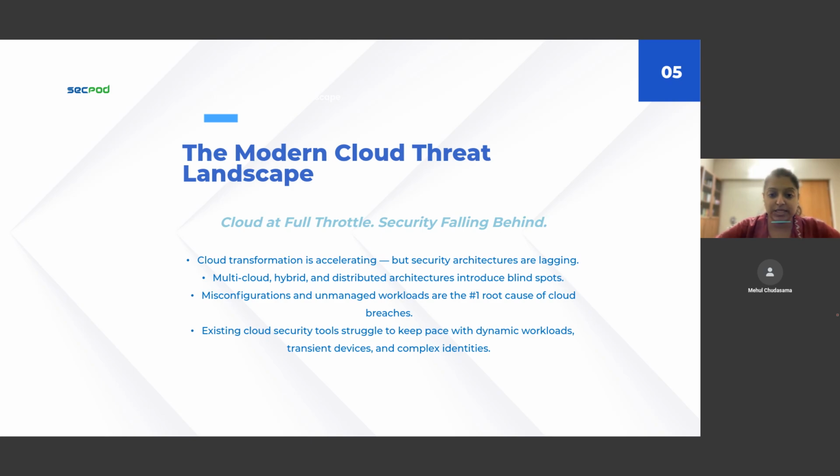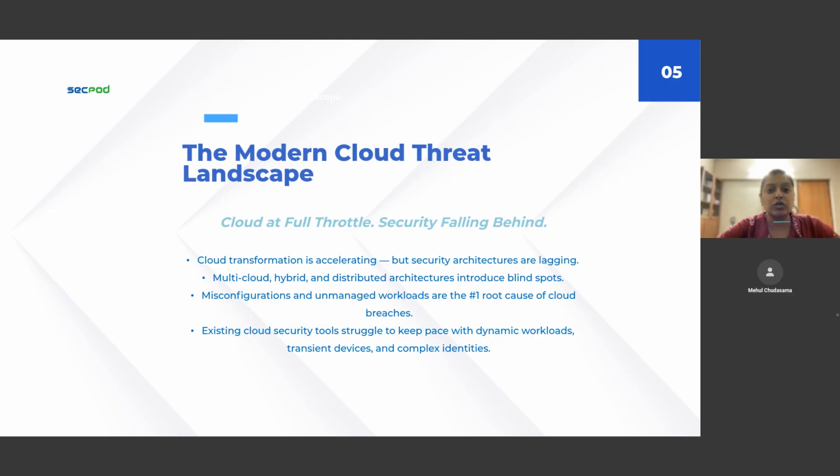But here's what most security teams are dealing with behind the scenes. One, there's absolutely no visibility into what's being spun up in the cloud and by whom. Second, there's no control over how it's being configured, exposed, or protected. Three, there are way too many tools in the market, all of them offering a partial view without a unified understanding of risk. But worst of all, there's no real way to remediate fast enough, which leaves a lot of dangerous gaps. Today we'd like to understand all of those in a little bit of detail.